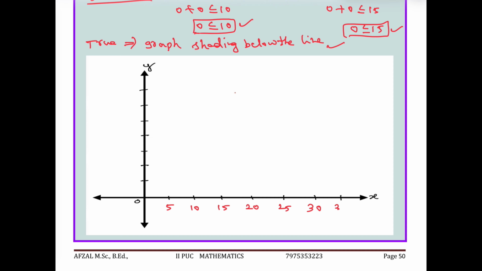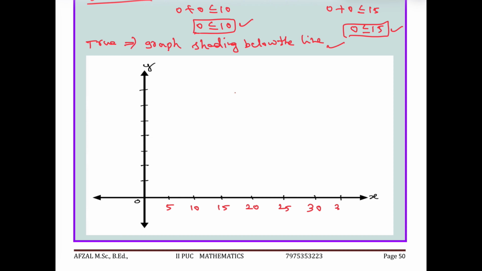Next, magnitude of b2. b2 is 3i plus 2j plus 6k. Square root of i coefficient 3 squared, j coefficient 2 squared, k coefficient 6 squared: 3 3s are 9, 2 2s are 4, 6 6s are 36, 9 plus 4 plus 36 is 49, 49 square root is